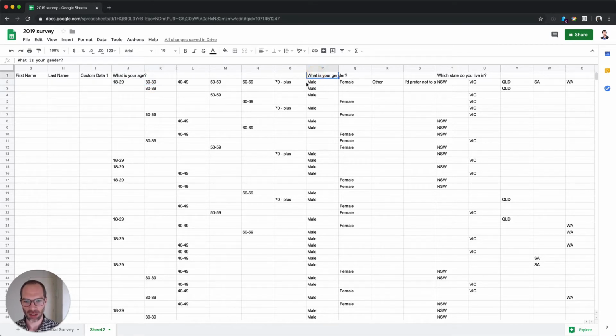So you can see, what is your gender? We have male, female, other, prefer not to say. So there's 4 options the user had to choose from. If they were male, they would have chosen here, and female, they would have chosen here, other, they would have chosen here. So to make this work and to make this reasonable,